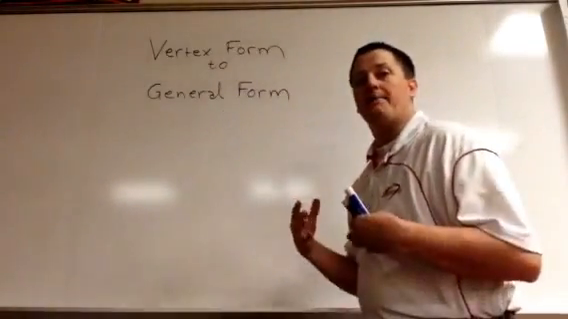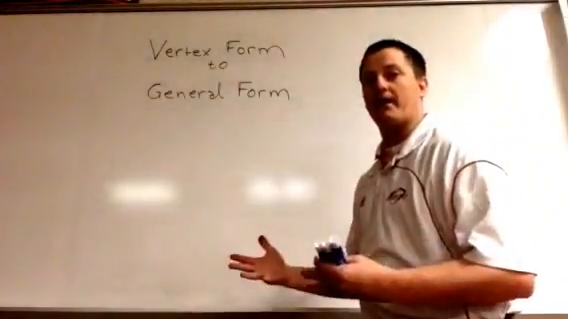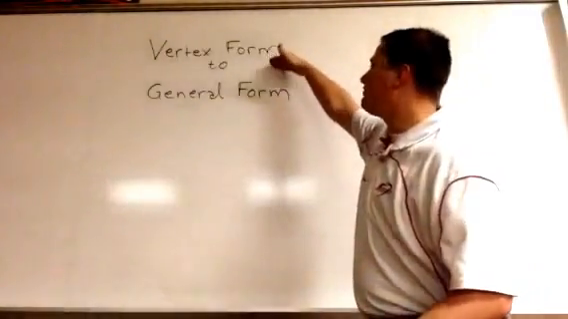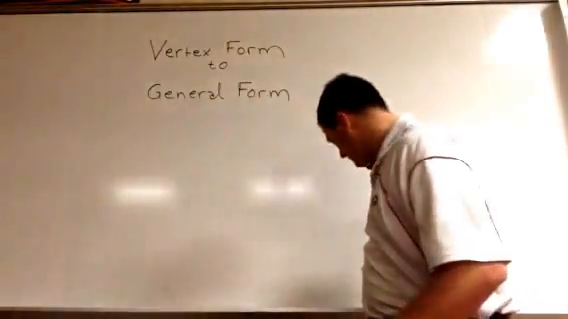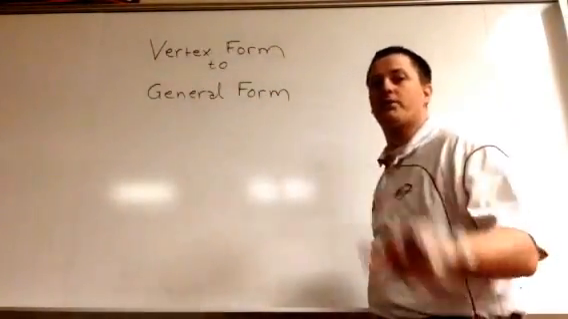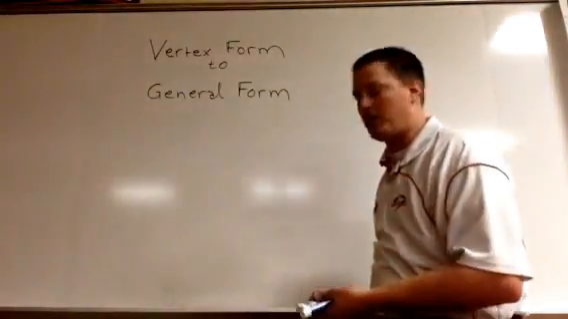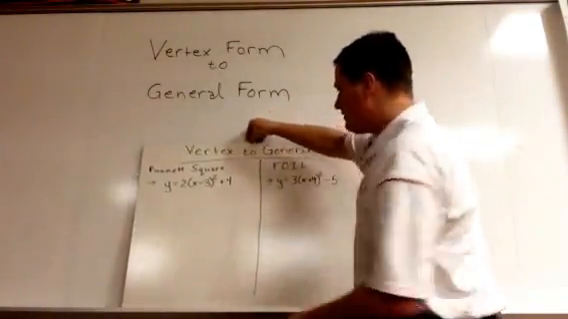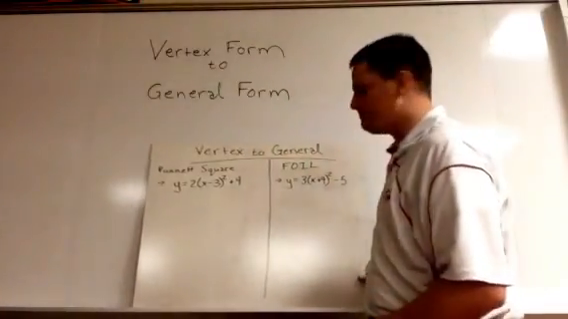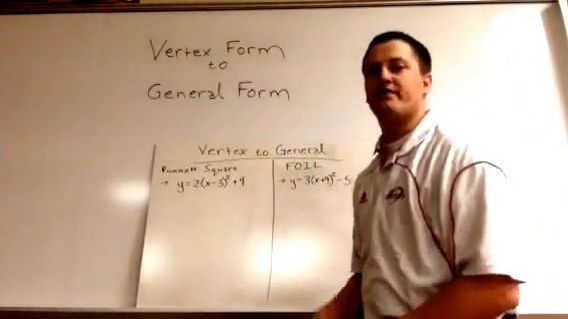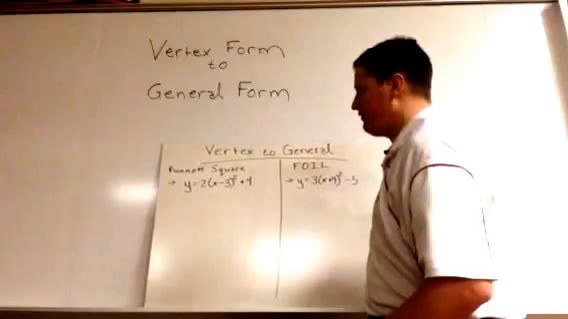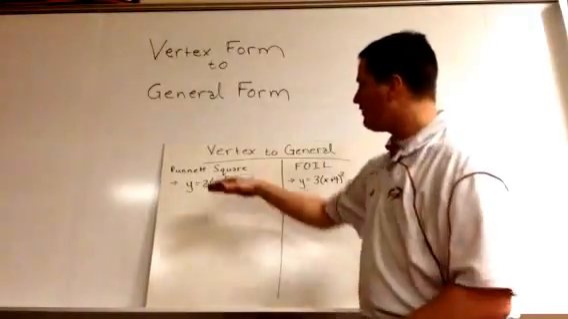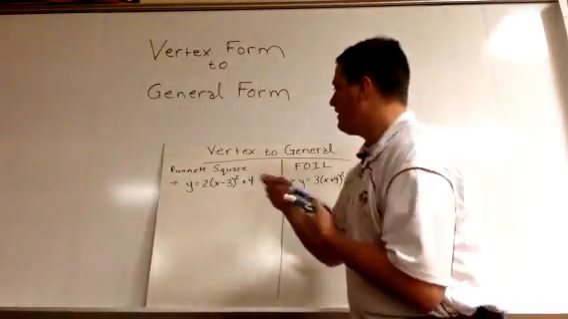Alright, now that we know how to expand, we need to use this to change vertex form into general form. I'm going to do this twice. Once with the Punnett Square, once with FOIL. This time I'm going to use two different problems. So, we're going to still follow the order of operations with this Punnett Square. So the first thing we have to do